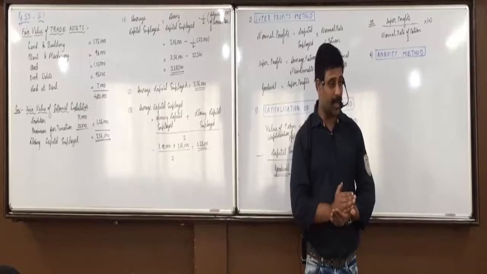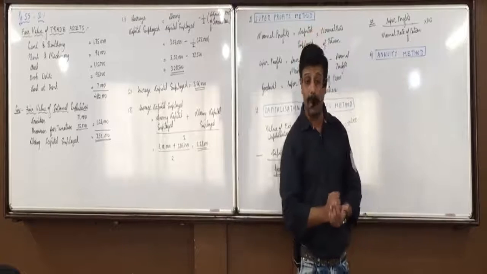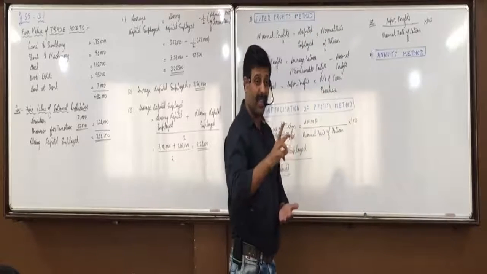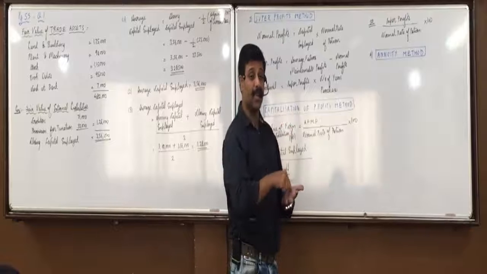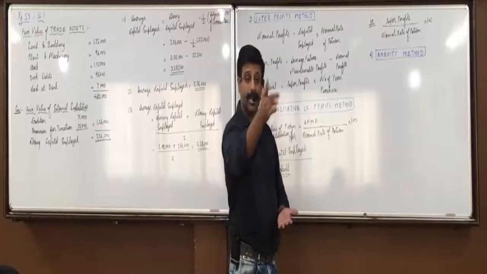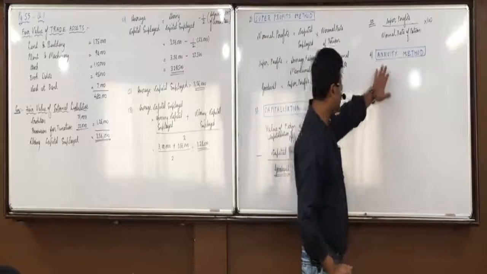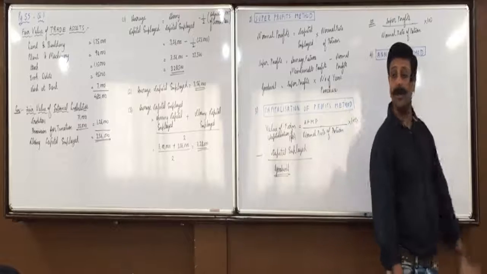If you are earning 25,000 in the current year, then in second year you should be earning more. Third year you should be still earning more. And if you are earning 25,000 in the second year, then its today's value is less. And if you are earning 25,000 in the third year, its today's value is again less. That factor is taken into consideration in annuity.